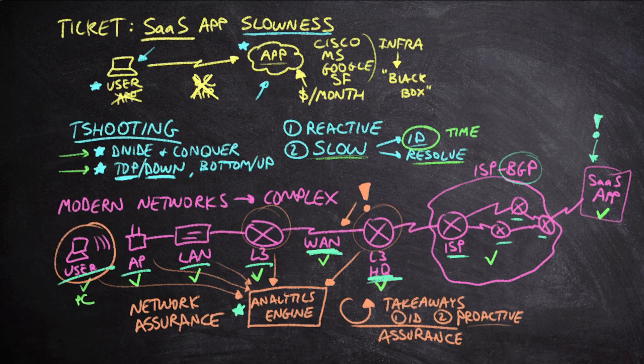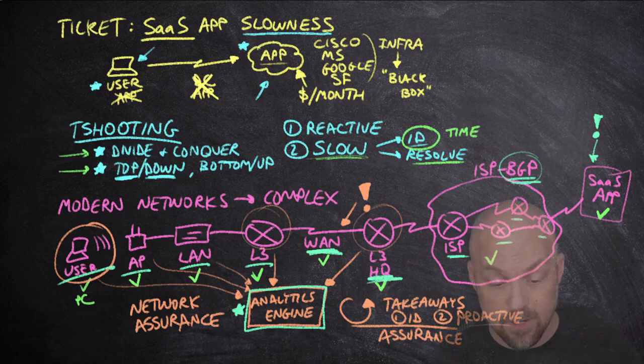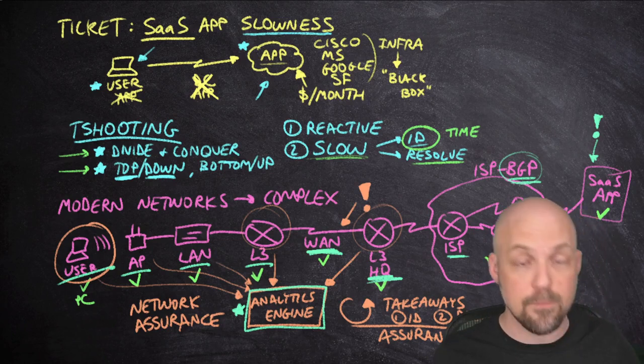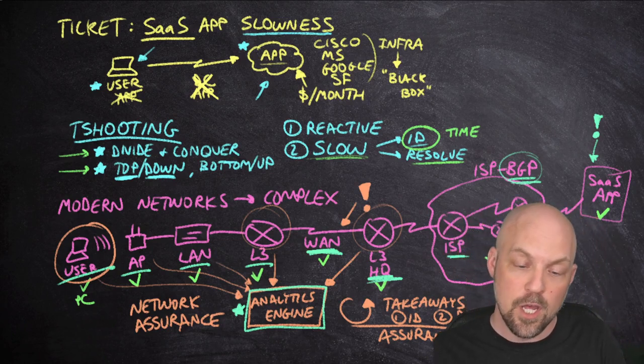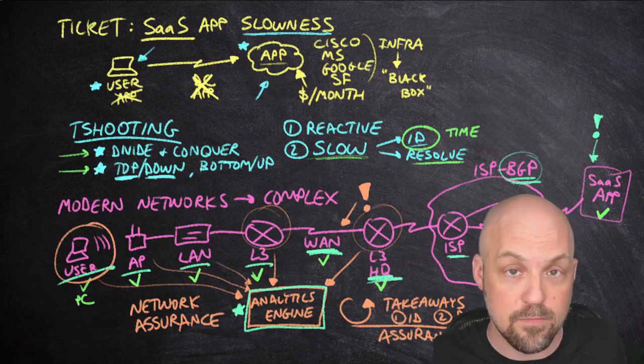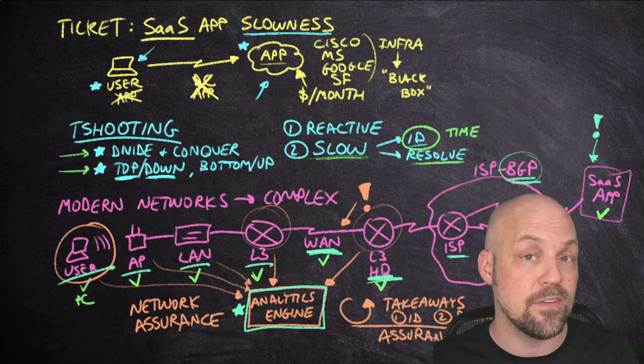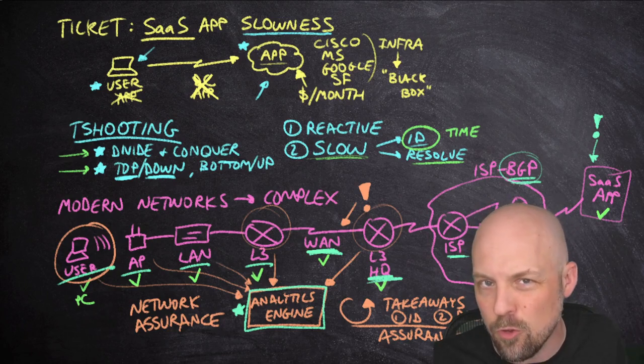What if the SaaS application's having some slowness? Or what if there's a massive BGP convergence event on the internet and it's causing the problems? Well, my network assurance engine here, this analytics engine, is not going to have any insights into that. And the reason for that is simply because I'm not feeding it any information. I can't send it any log information. I can't send it any NetFlow information, syslog, any of these components that normally I'm feeding in. They're not coming from these other components. It's not a complete view. It's not a global view.